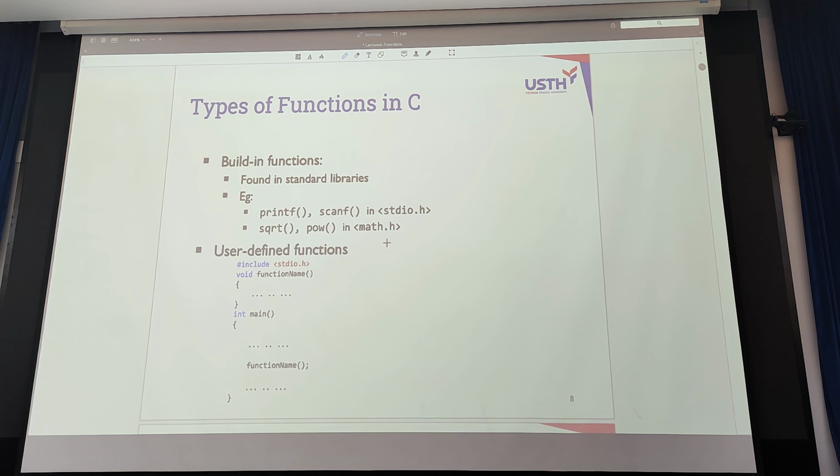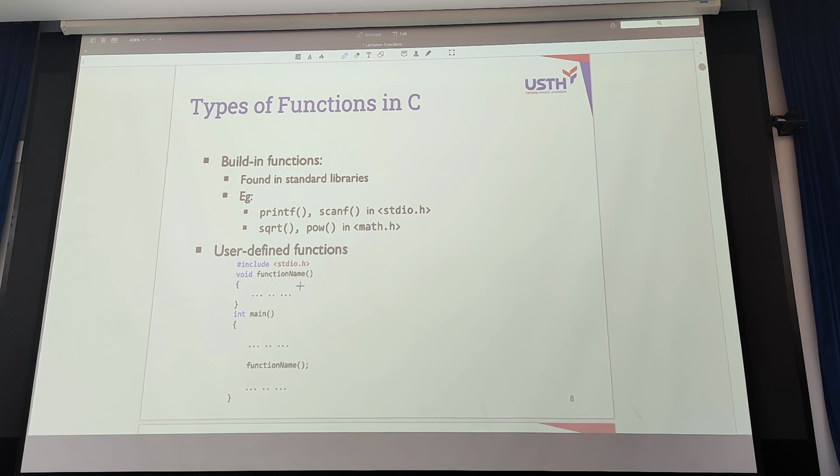Honestly, I cannot remember all the functions that exist in C. However, you can check for a function, like the return data type, how many parameters, and what are the data types of these parameters in the library, provided that you know where the library that defines the function is. Some functions exist that you can use, but we encourage you to write your own function.